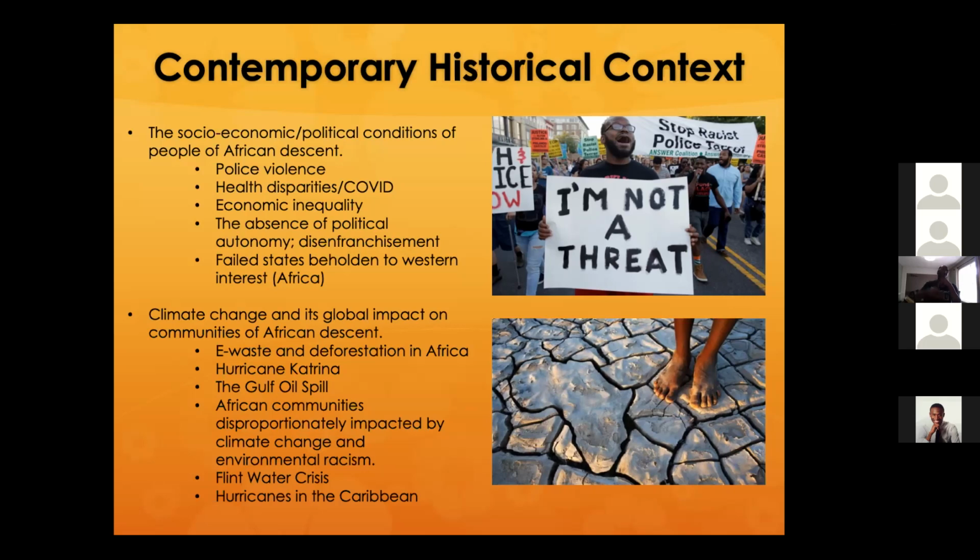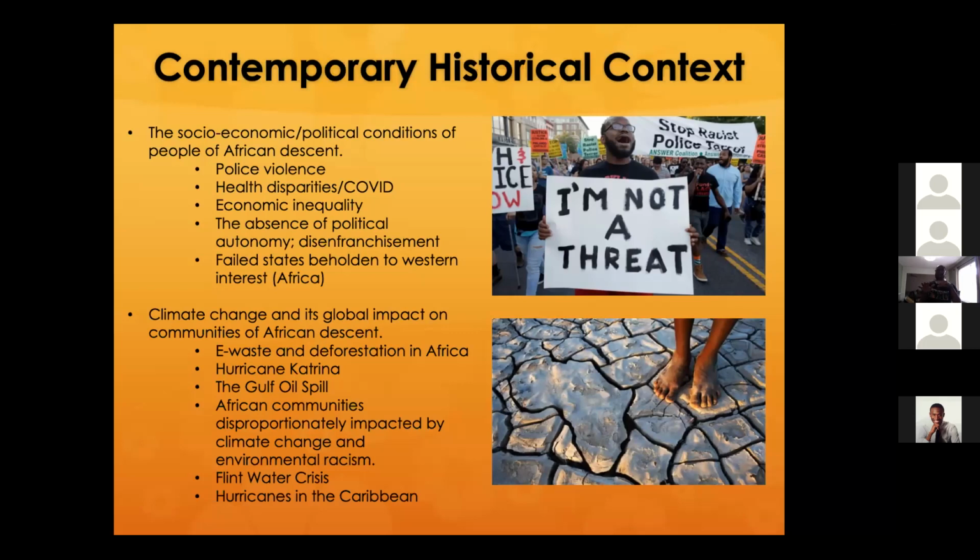So we have all these issues: police violence, health disparities, economic inequality, political disenfranchisement, the crazy debate that was yesterday, failed states in the Caribbean and Africa. There are multiple problems, but at the same time, we see these environmental problems, right? And I'll list a few: e-waste and deforestation in Africa. If any of you remember Hurricane Katrina and the crisis in New Orleans, the Flint water crisis, the Gulf oil